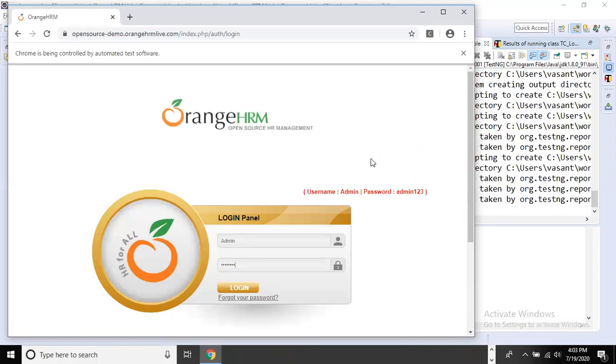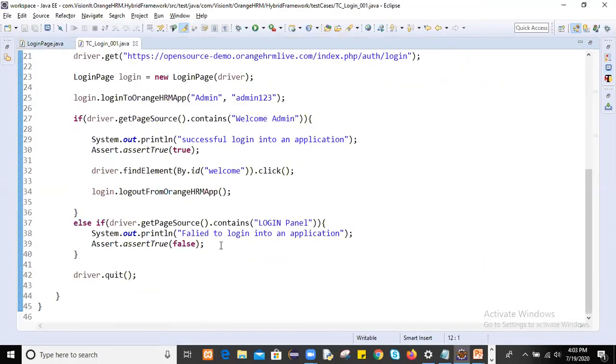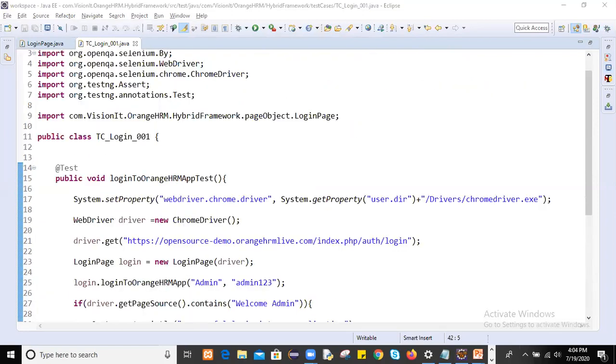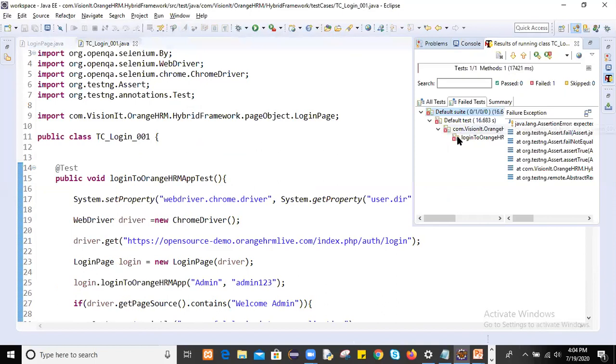You see, this time your test case will fail, and immediately it won't go to this statement either. Here your assertion is failing. The moment your assertion fails, it won't execute this statement, which means it won't close your browser either. Now you can see your test case executed here, but failed.